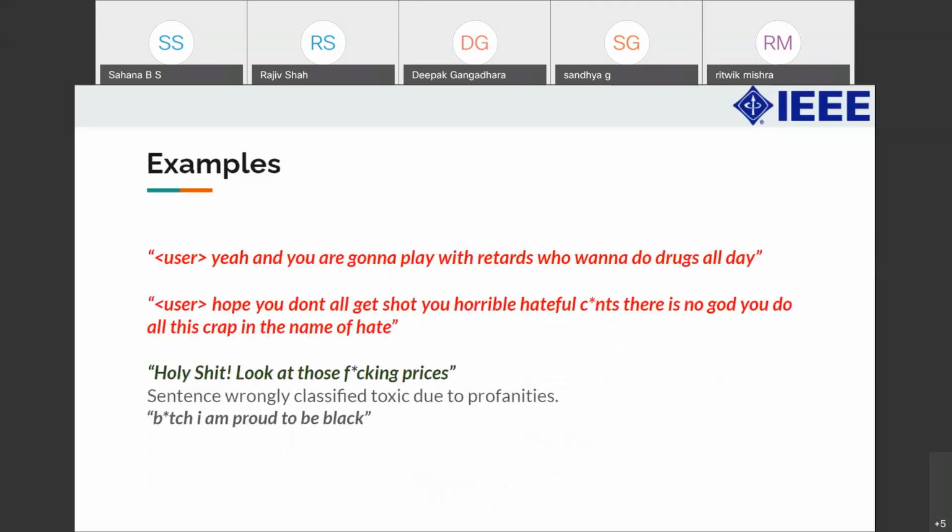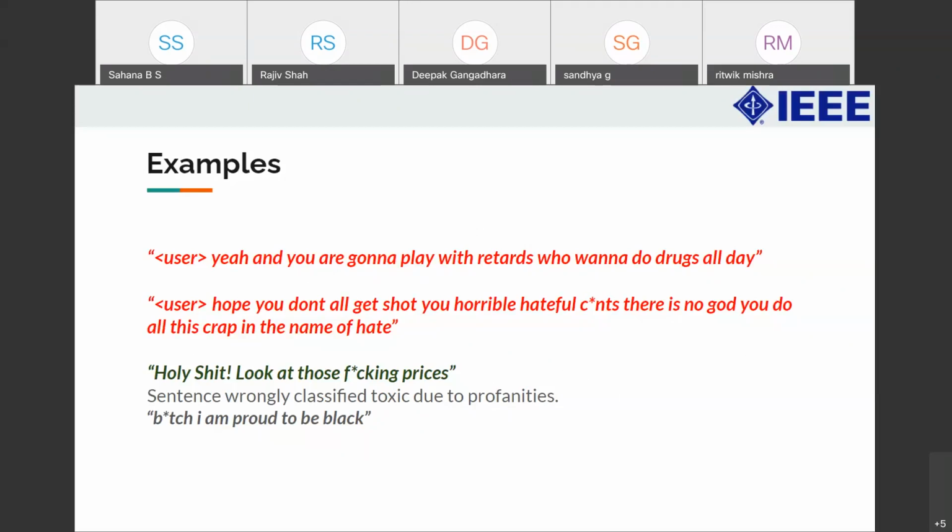Now, this problem is really popular. Everybody is working on it. But most of the work we looked into was looking for specific words. If the sentence has a specific word, they usually flag it as hate, so you can't tweet it, something like that. But when it comes to Twitter, these words are pretty common. You can't really flag them as toxic just because of the presence of those words. So that's what we tried to solve.